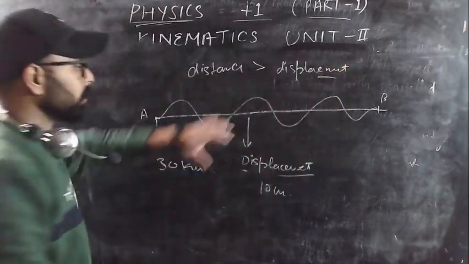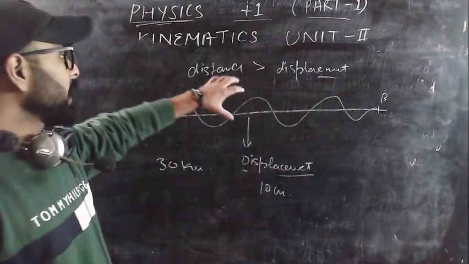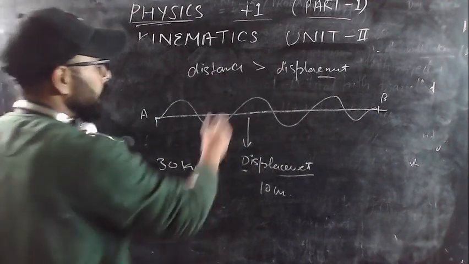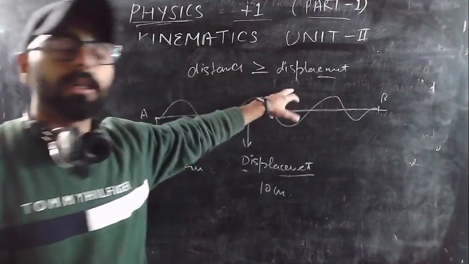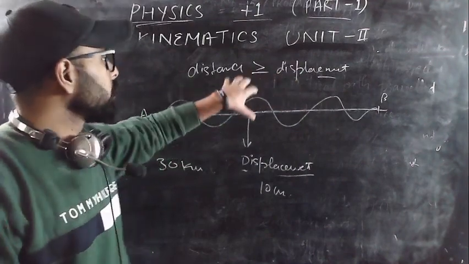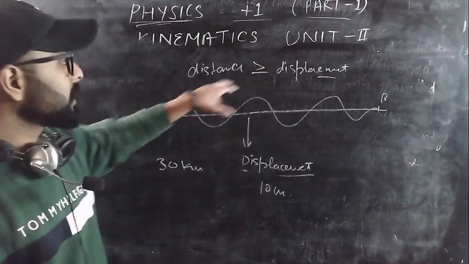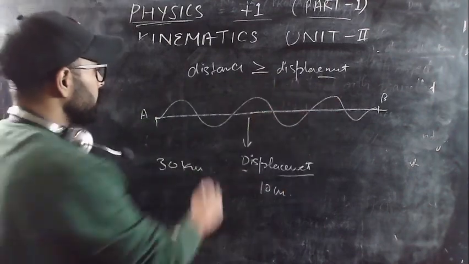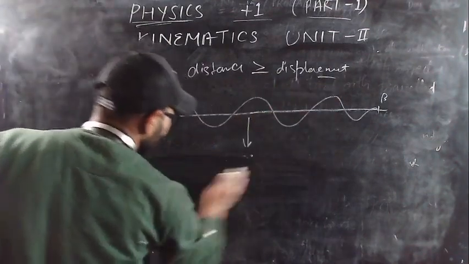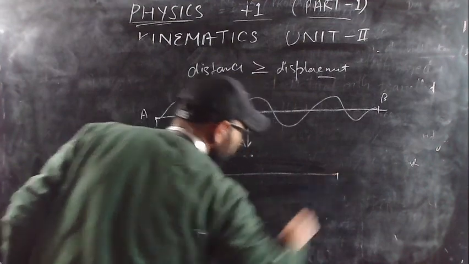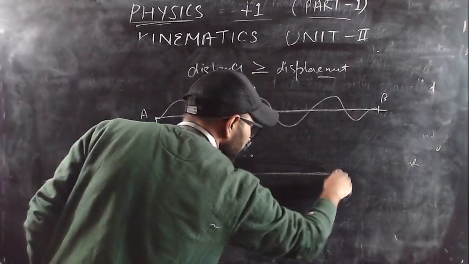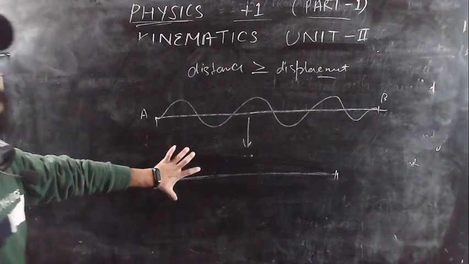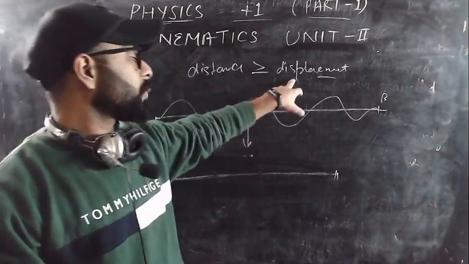Is it true? Not accurately, this relation is not always true. Distance is not always greater than displacement. There are some situations where distance and displacement are both equal. There is another example where we can consider this is the distance and this is the shortest path too, and in this case distance and displacement are both equal.